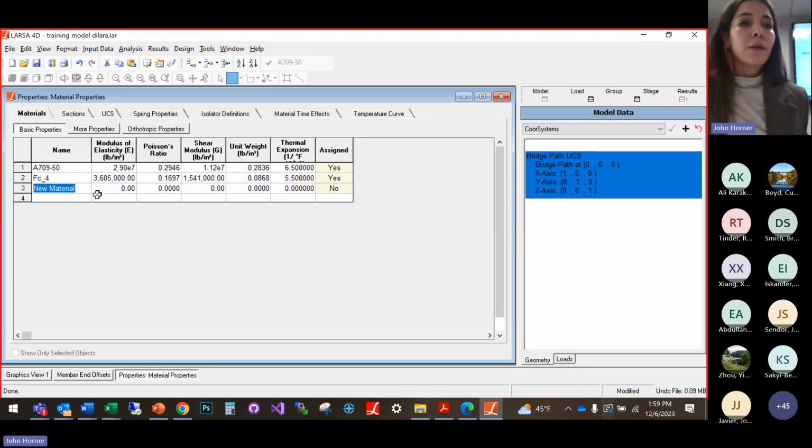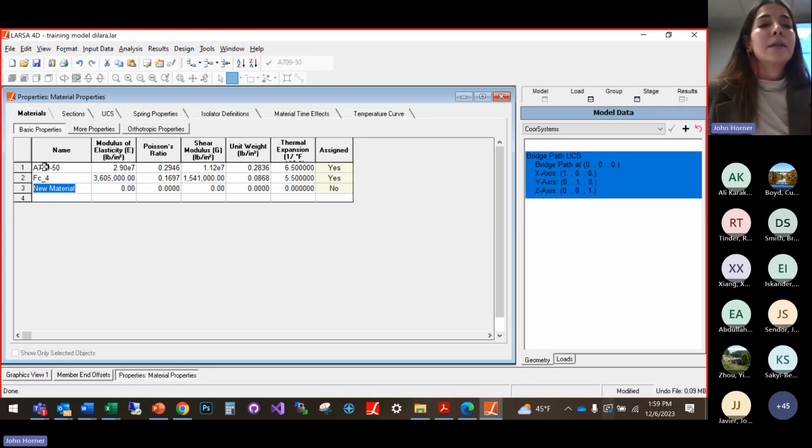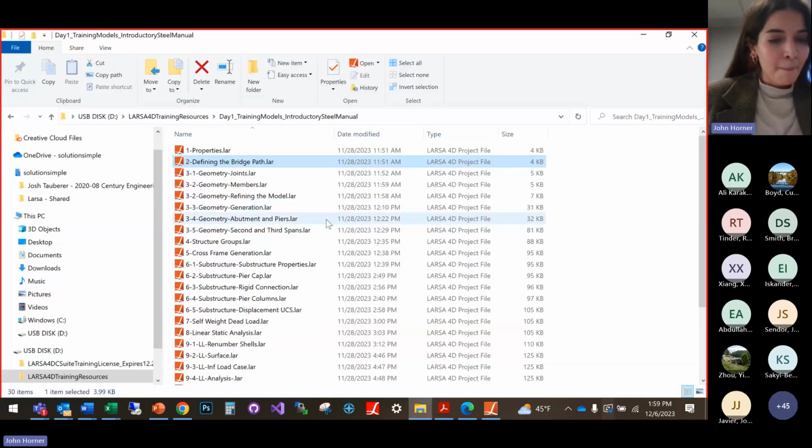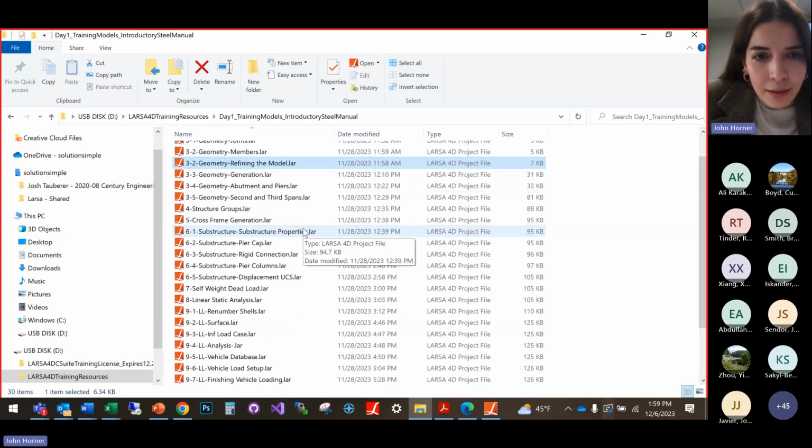So instead of setting the material, we can switch to another model, and this way we can make sure that all of us are on the same page. So please close your model and